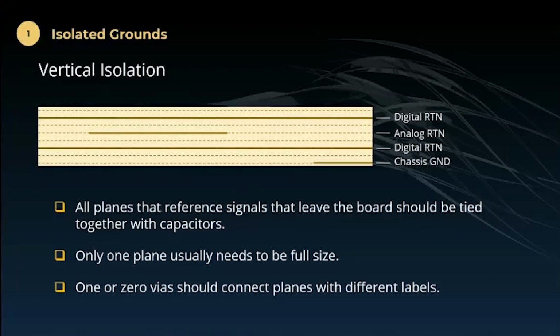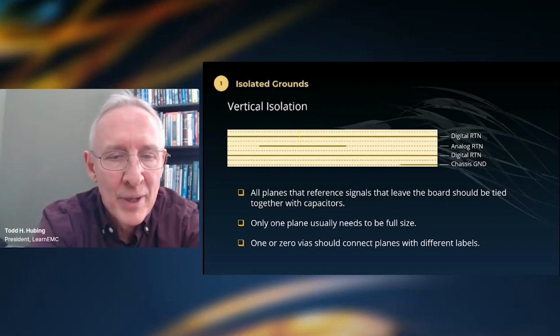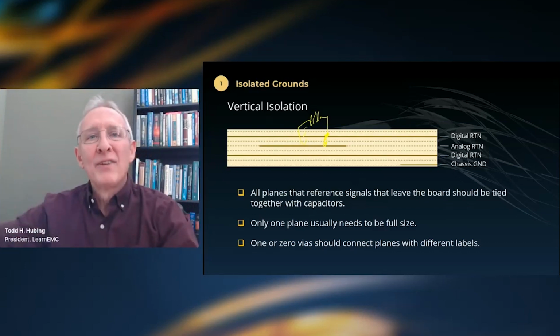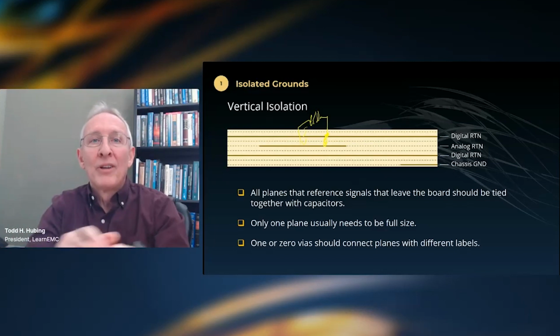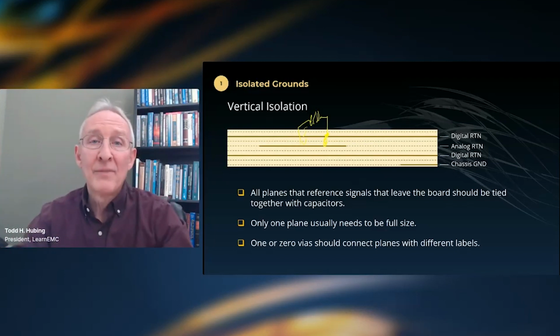But if you do need to isolate them, do it on different layers. Don't cut up one solid layer. Keep your one solid, say, digital return plane. Here we're showing an 8-layer board with 2 digital return planes. If you need a separate analog return, route it on a different layer, because at low frequencies, they need to be isolated, but at high frequencies, we're probably going to want to come back in and use capacitors to, especially if things leaving the board are referenced to both digital and analog,